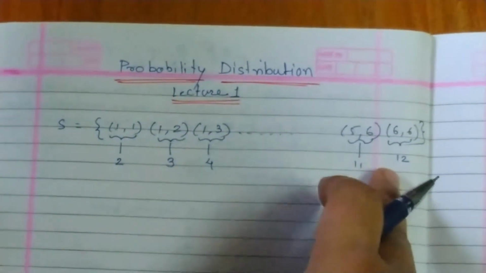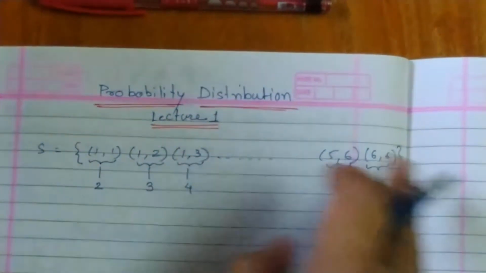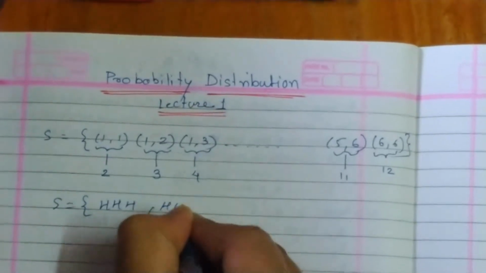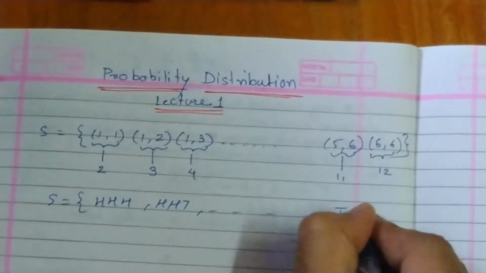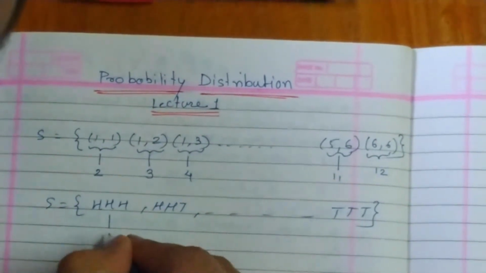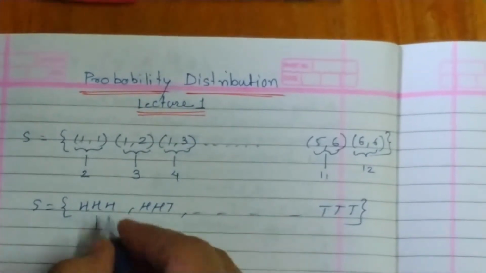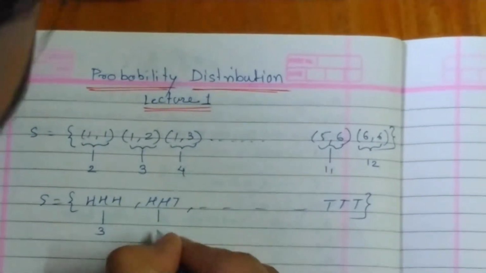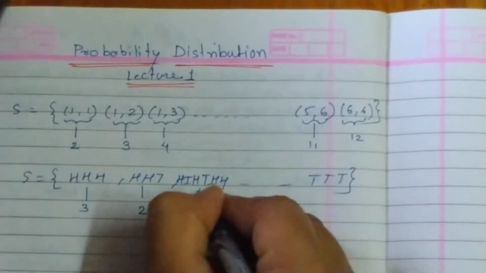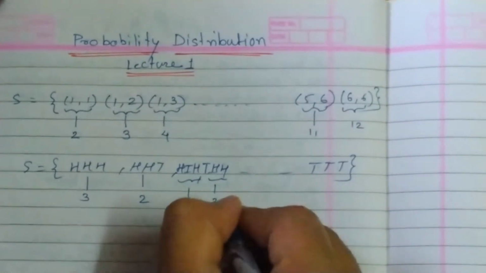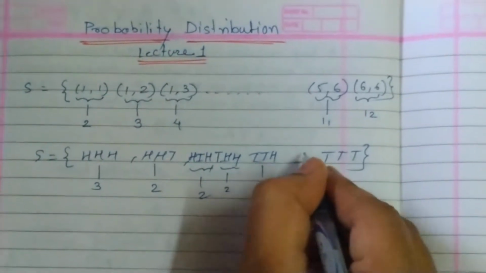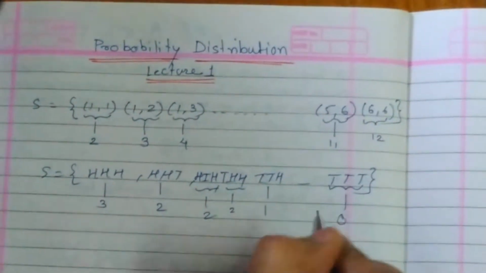See, here I am assigning a number that is nothing but the addition of these two numbers. If I take the experiment of tossing 3 coins, HHH, HHT, like that, up to TTT, there are 8 elements. So I am assigning a number depending on the number of heads. Here there are 3 heads, so I am assigning 3 to this. There I am assigning 2 to this. Say HTH, then THH, for these two also I am assigning 2. But for TTH I am assigning 1, THT again 1, HTT again 1, and TTT I am assigning 0.